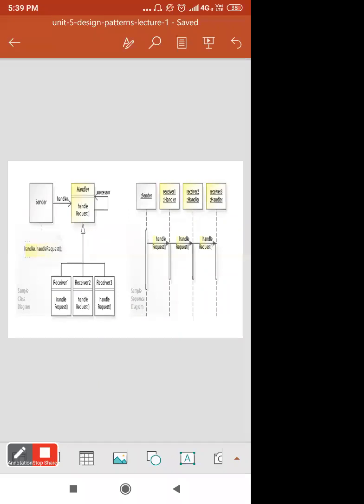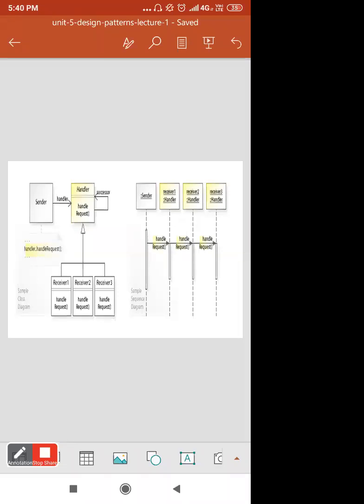Next is the same chain of responsibility pattern given through the class diagram and the sequence diagram. You can quickly go through it. Here you can see the different receiver classes, the handler class, and the sender who sends a request to the handler class, right? And the handler is nothing but the successor because it fulfills your request.